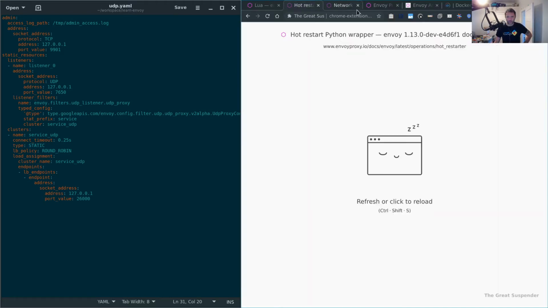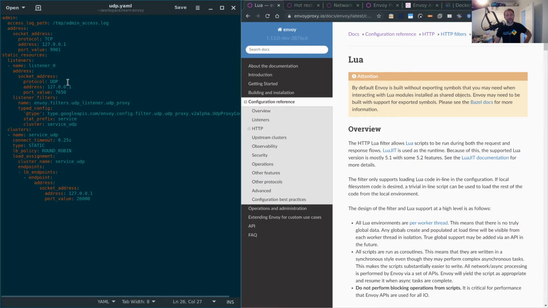So there was one thing I did want to look at here, which was this load balance policy, to see if there was something we could do here. I don't know if there is. So the only other thought that I had is, this is a static config for Envoy. You can configure it as well using their gRPC and REST APIs, so it can be completely dynamic and powered by other things. So we could, in theory, have an individual port for each game server we want to connect to, but like